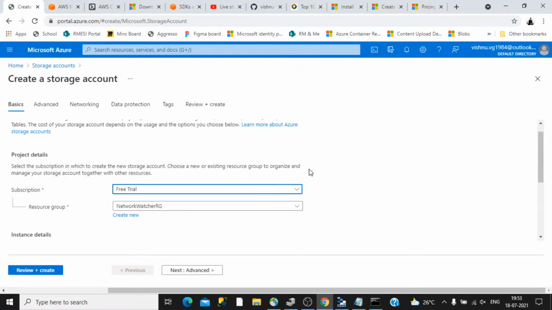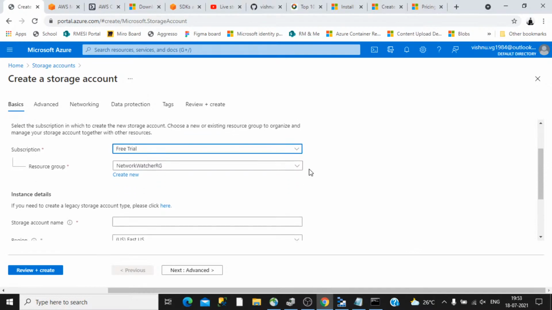So the idea here is, if you are aware of how much you are going to spend, then you can select a subscription and create that. Right now I have only this free trial, which provides up to $200 as well as a certain set of free usage, so I can always choose that.